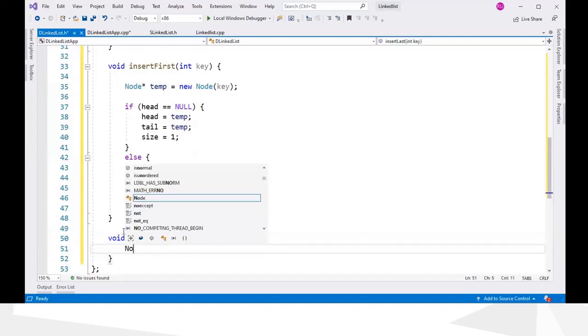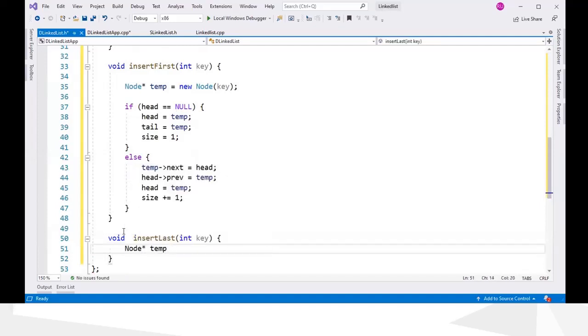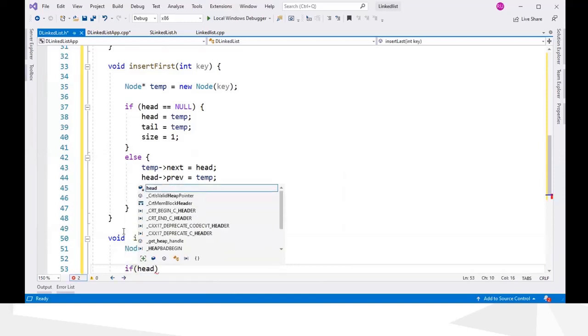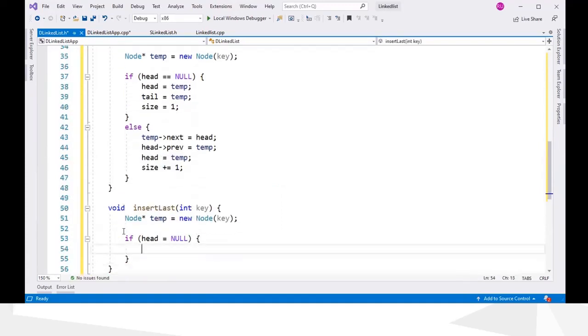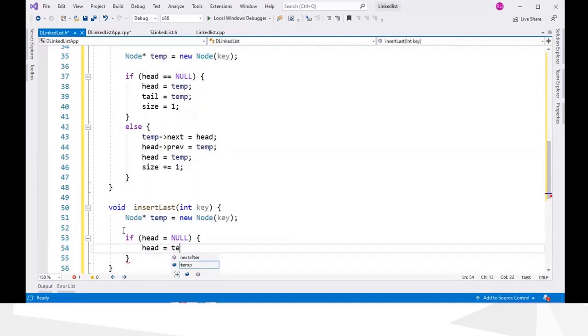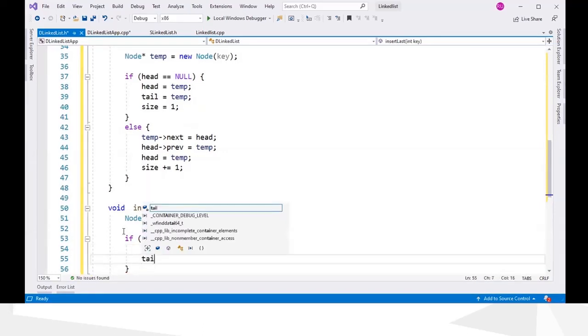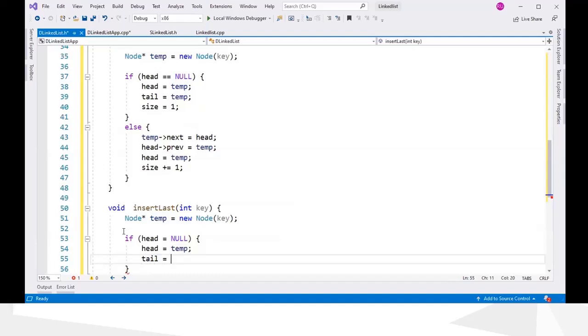Here also, same: we create the node using the key, and then we check whether the list is empty or not. If the list is empty, we can use the same check here, and we move the head pointer to the new node and the tail pointer to the new node, and size should be 1.